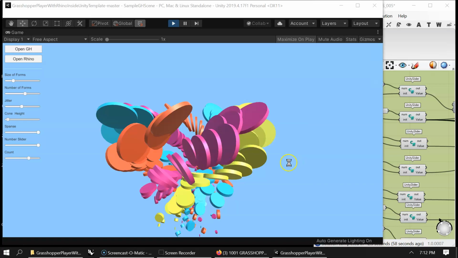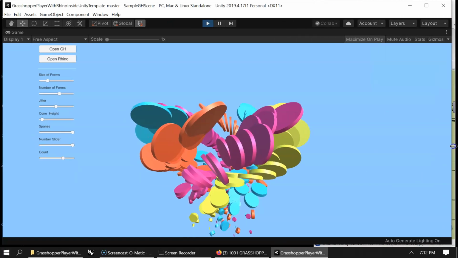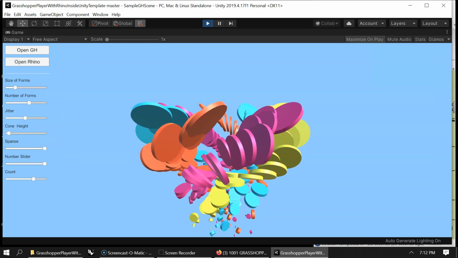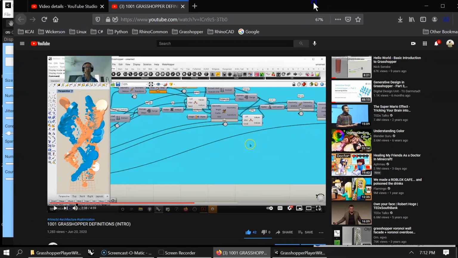But you're not playing in the Rhino window anymore. You're playing in Unity with the geometries that you're making. So I'm going back to my number one script. It's pretty simple. It's this one that I started promoting way back when I did the intro to my